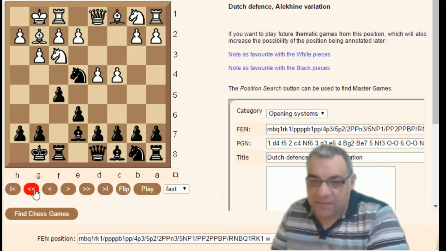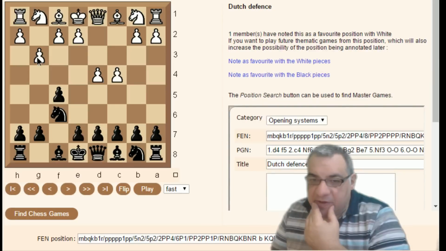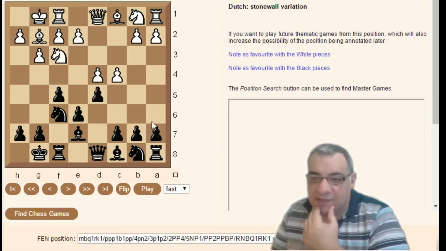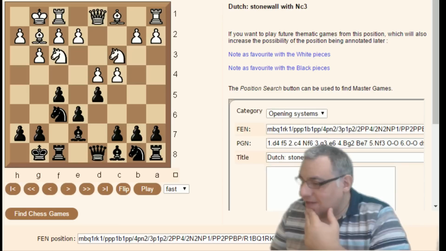We'll go back all the way, d4, f5, back there, c4, knight f6, g3, e6, bishop g2. If Black sets up the pawns soon, let's see, bishop e7, knight f3, both sides castle, but Black now sets up the pawns like this. We're going to the Stonewall variation. I guess Stonewall, that does sound solid. And funny enough, with knight c3, it says Dutch Stonewall with knight c3. Okay,